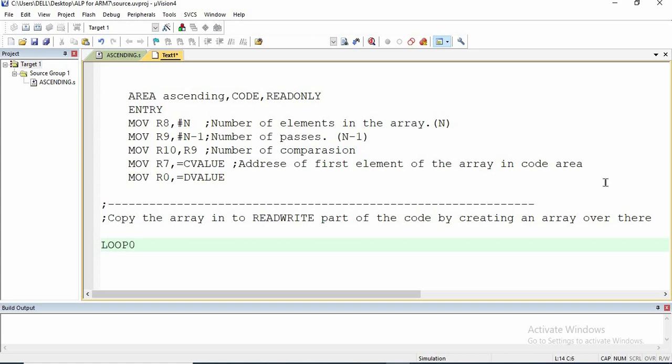I will declare it as loop 0 and LDR R1, bracket R7, comma, hash 4. So what will happen in this instruction is R1 is the register and R7 is the register having the address of array C value, and the bracket indicates that the content of this array's first element will be passed to R1.